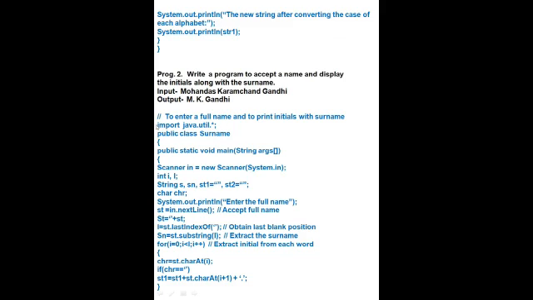This is the program. So first we will write to enter a full name and to print the initials with the surname. I told you that for lines 1, 2, 3, 4, only the class name will change. Surname: 1, 2, 3, 4, 5, 6. Six lines are the same. Seven: I also told you that we will take I for the for loop and L for length. Now string, we are taking string ST, sorry, ST. I have written it as no, this is ST.